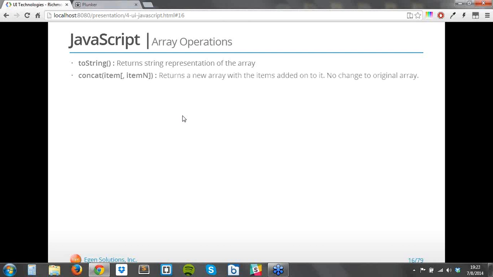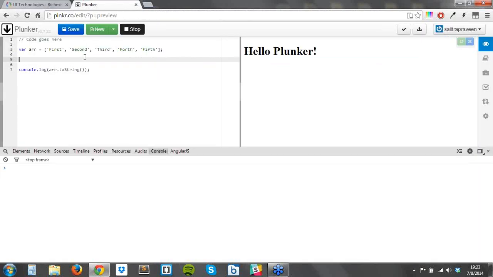Now the second one is of course the concat or concatenation. So of course there is one required, and all others are optional items that you can put, and then it returns a new array with the items added to it and no change to the original array. So what is the meaning of this? Let's see here. I have another array. Let's say I say